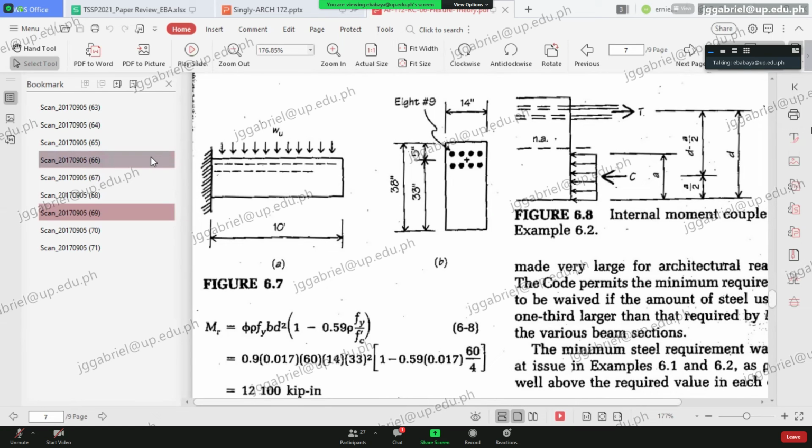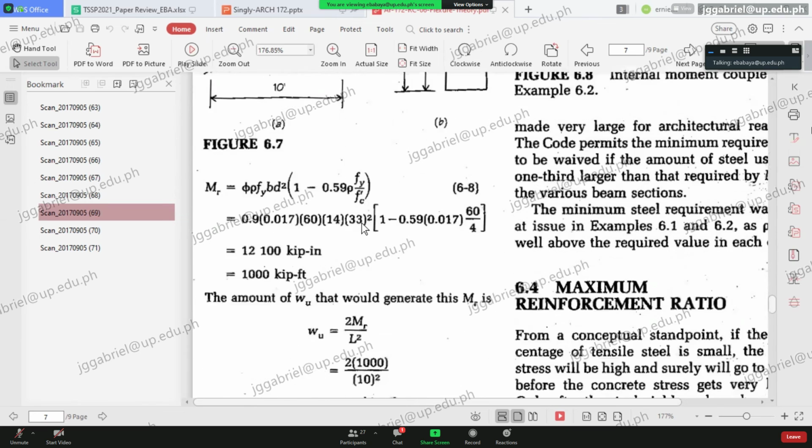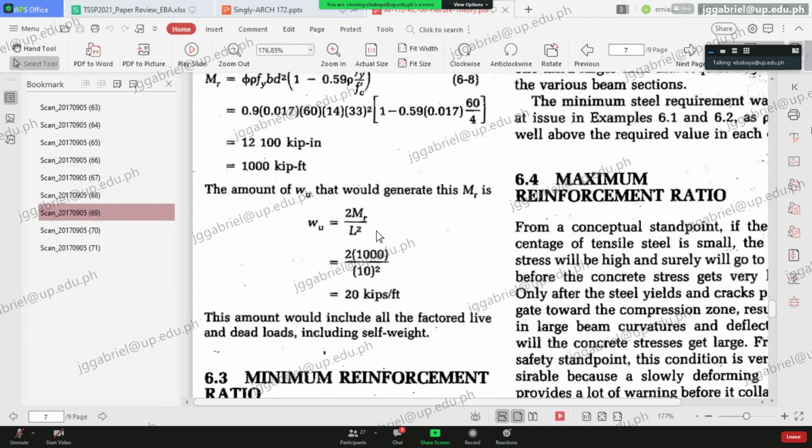Coming from the question, no? For this case, you have a different computation of maximum moment. We'll see that here, it's actually WL squared over 2. That's the maximum moment. But for this one, it is already manipulated, no? Ito, M is equal to W times L squared divided by 2. But since we are looking for WU, we isolate WU from the formula of maximum moment.